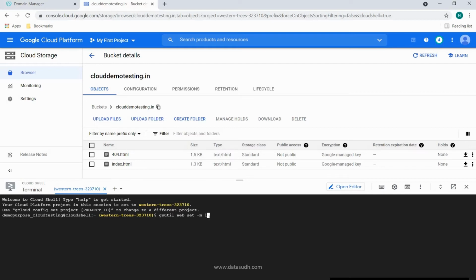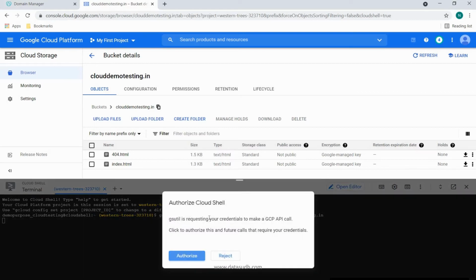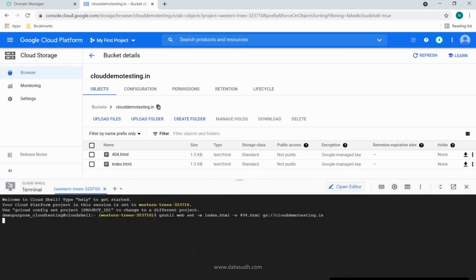So that will be index.html in this case. Then the second parameter will be the error page, and that will be 404.html. Then we will provide the bucket path. So click on authorize. So the website configuration is now set.